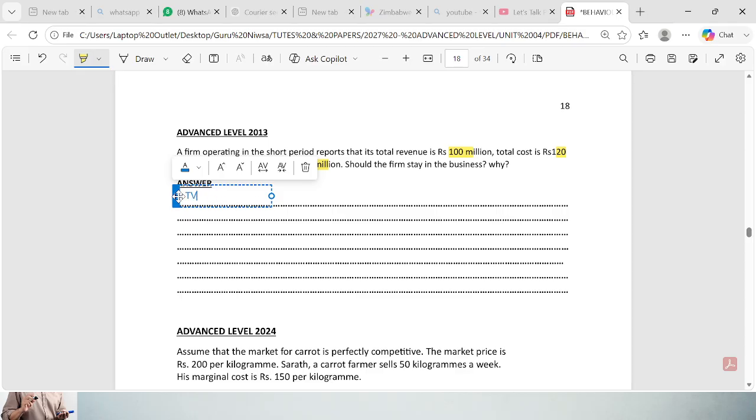Total variable cost. You have to calculate total variable cost. Either total variable cost or average variable cost. In this question, no average variable cost is given, so calculate total variable cost. Remember, if you don't look at total variable cost, you can't say whether the firm should shut down or continue its operation. You have to look at average variable cost. If you are not given total variable cost or average variable cost, calculate it based on the given information. Here, TVC equals